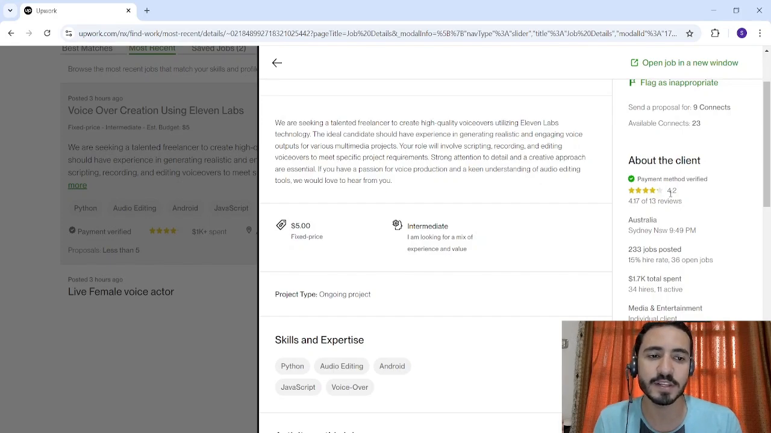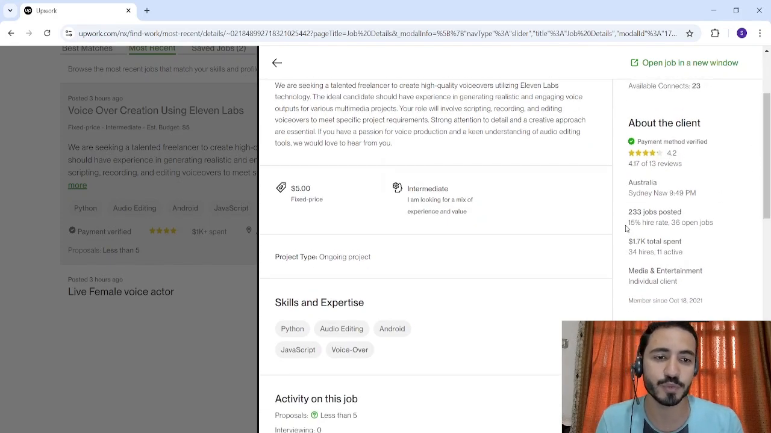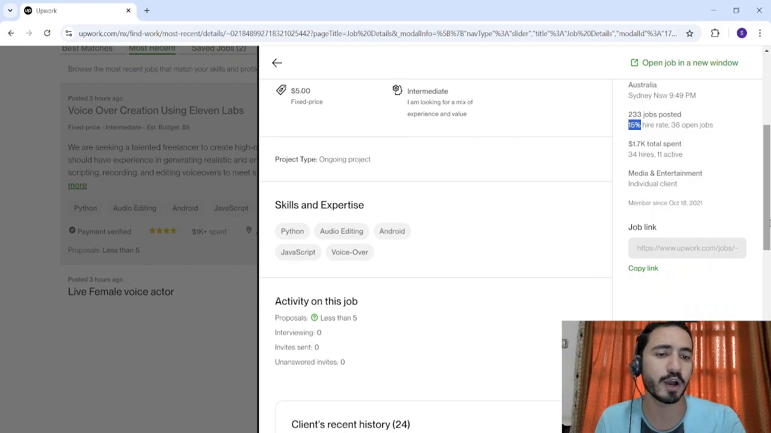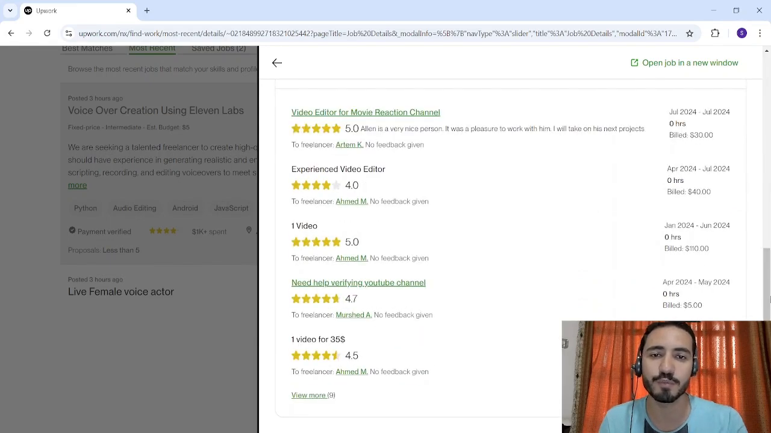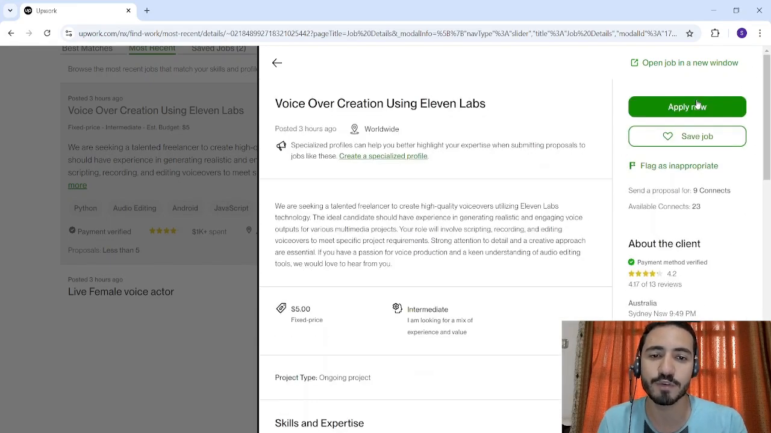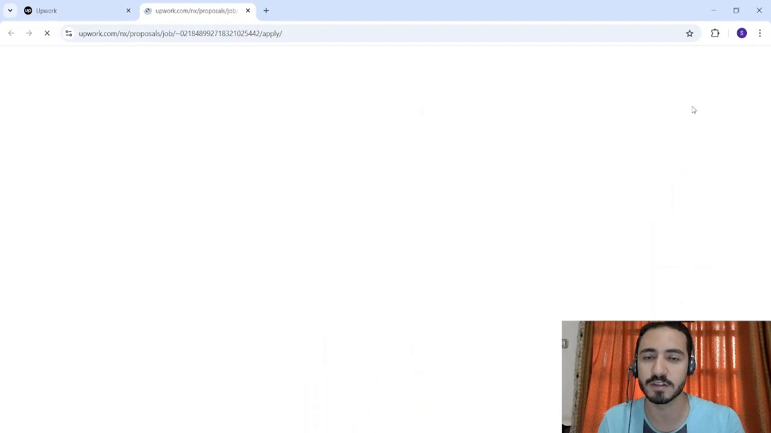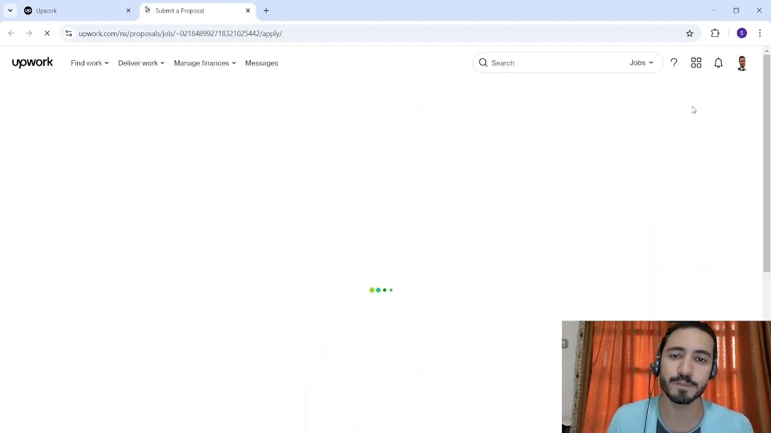So my advice is not to accept any client. Make sure that the client has more than 4 stars rating and has more than 50% hire rate, or it's not worth it to apply because your chances of being accepted are very low. So if I were you, I will not apply for this job because of the low hire rate percentage. You can also see the total number of proposals applied and the total reviews and detailed reviews of this client. So if I click on apply now,